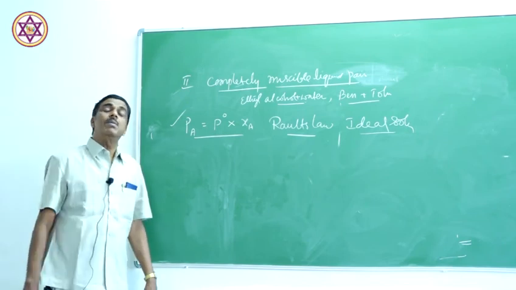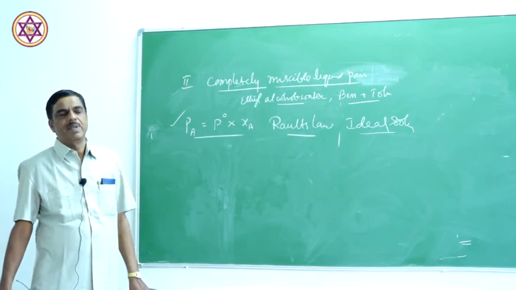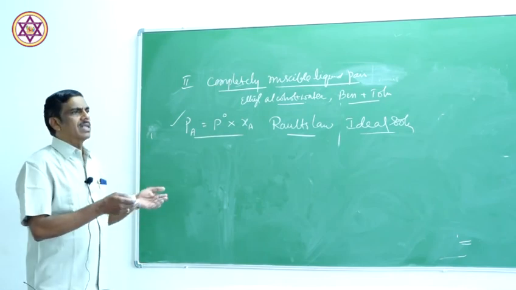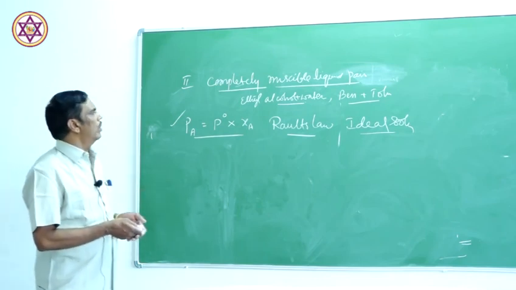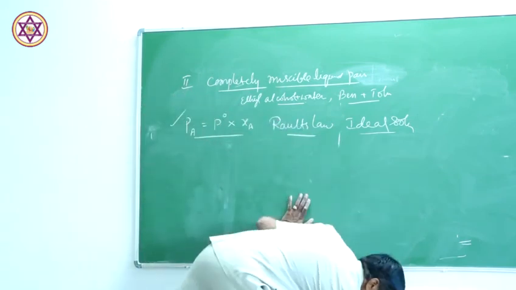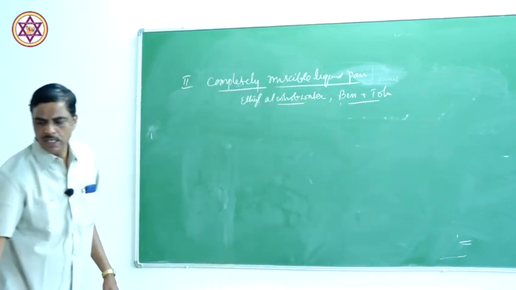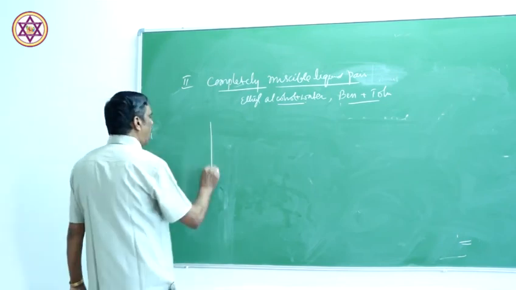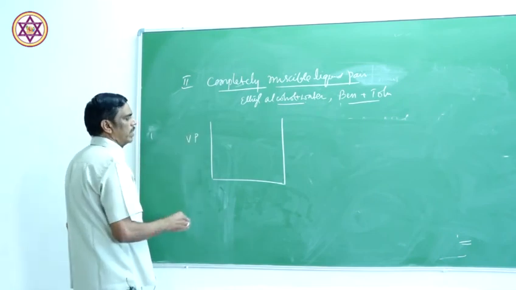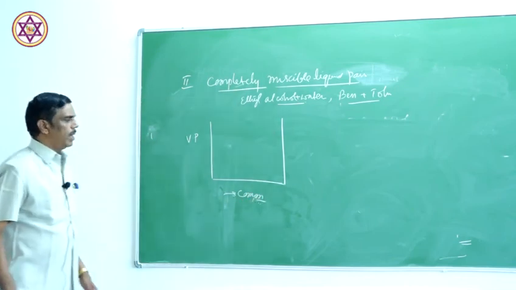But the majority of the completely miscible liquids are not ideal. Majority of them are non-ideal, but they approach ideality at some special conditions. So let us study some examples which deviate from Raoult's law, which deviate from ideality, and which obey Raoult's law. So if you draw the graph of vapor pressure versus composition of these completely miscible liquid pairs,